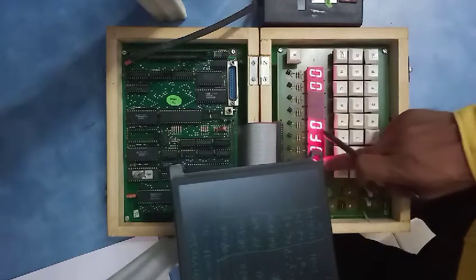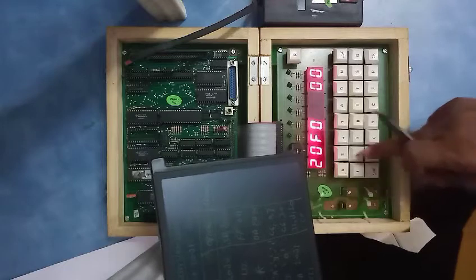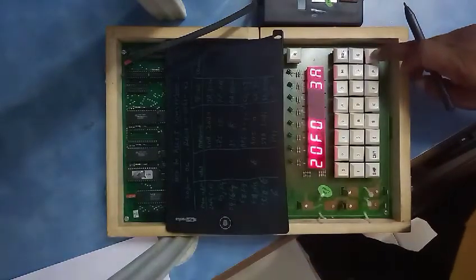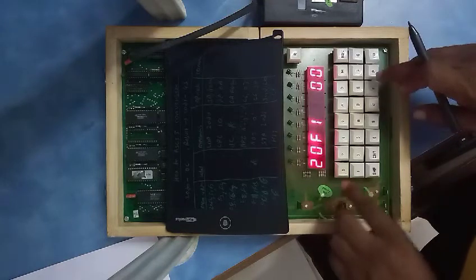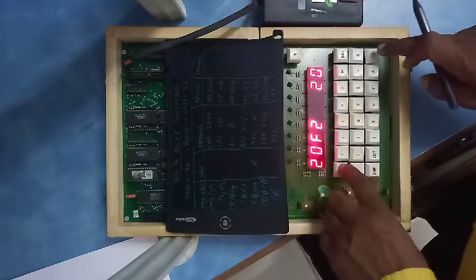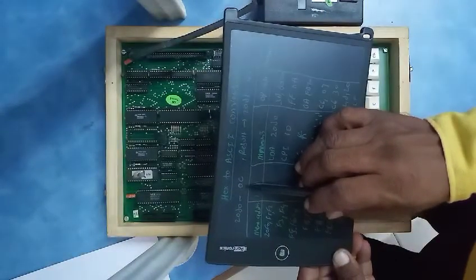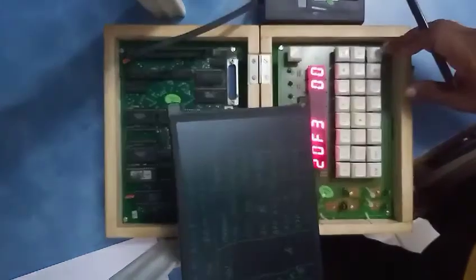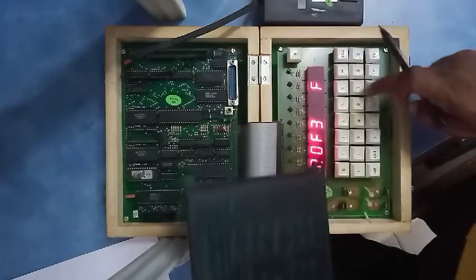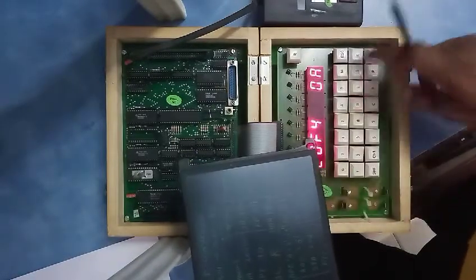Now coming back to our main location 20F0, here we have to enter the opcode. The opcode for the first address 20F0 is 3A. We will put here 3A, then D020, where the first number has been stored. Then FE, then 0A.